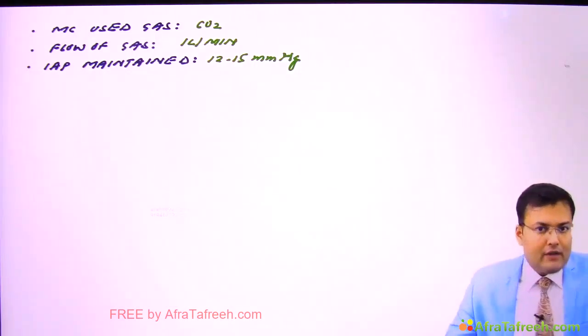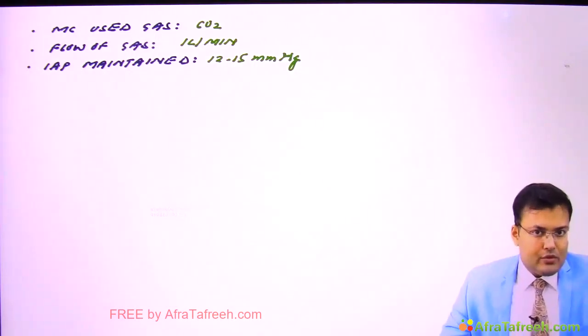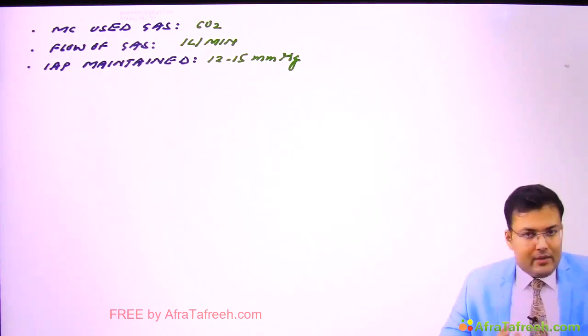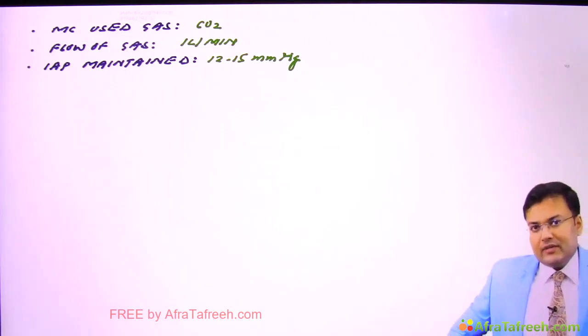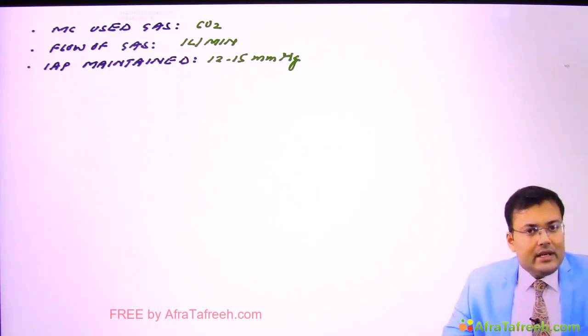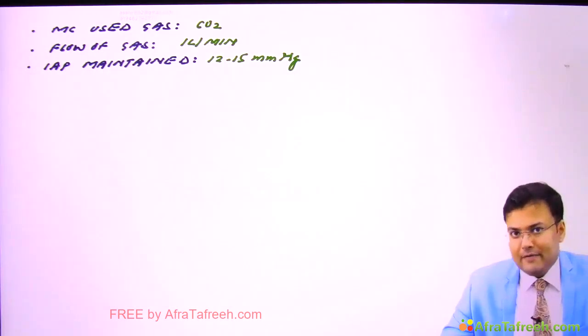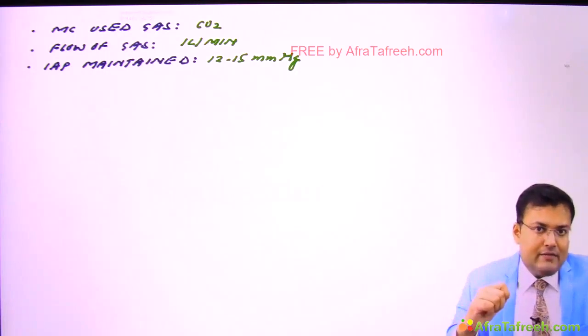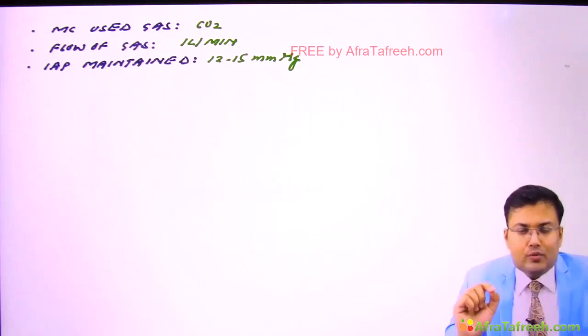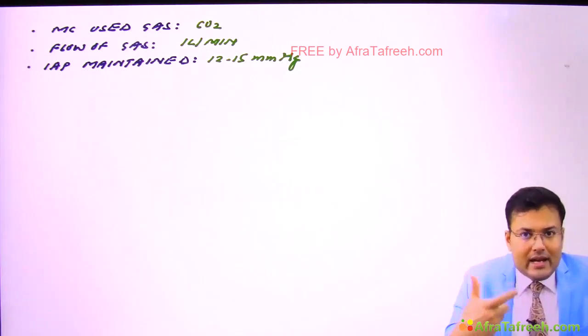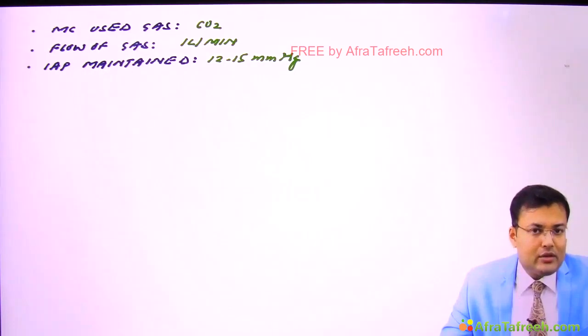Now see what are the complications of laparoscopy. After a laparoscopic procedure, you know that there is CO2 retention, and because of this CO2 retention, there is irritation of the undersurface of the diaphragm, and whenever there is irritation of the undersurface of the diaphragm, there is referred pain to the shoulder via the phrenic nerve. Second, sometimes whenever we are creating the pneumoperitoneum with the help of Veress needle, the needle is going to puncture a vein accidentally, and there is insufflation of gas into the vein. This is gas embolism, and the most commonly used gas is CO2, so this is known as CO2 embolism.